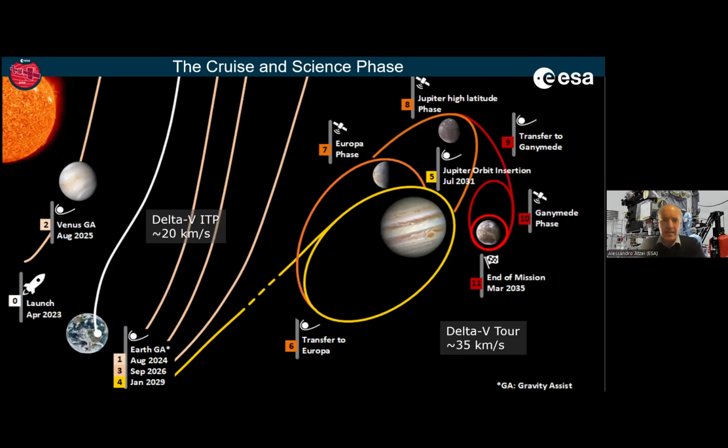It's a cruise phase that lasts 8 years, started last year, and just 2 months ago in August, we had the first gravity assist sequence, which was first ever, because it was a combination of first a gravity assist of the moon and then of the Earth. And I'll explain later why. The next one will be in a year from now, in August 25, which will be a gravity assist of Venus. Then we have a year later another one of Earth, and then 2.5 years after that we have a flyby of Earth again, and then only we have enough energy to get to Jupiter and do the Jupiter orbit